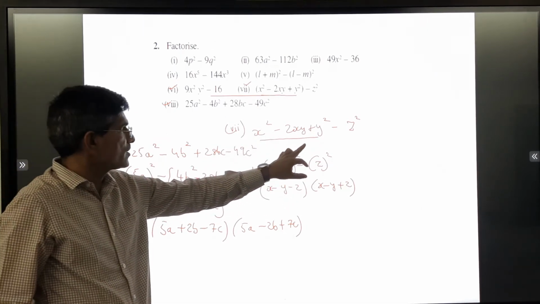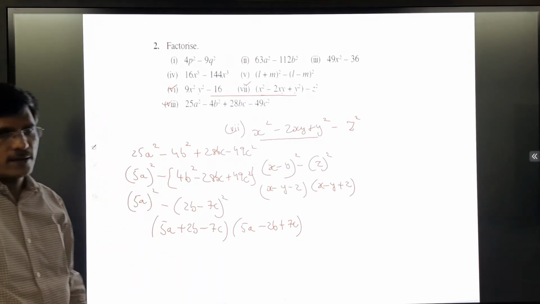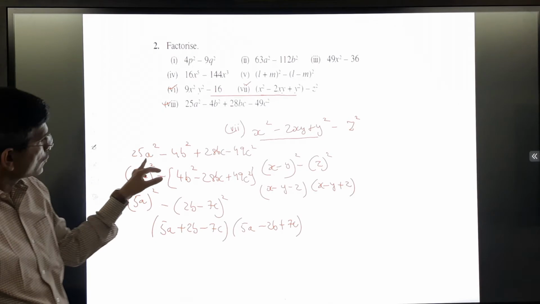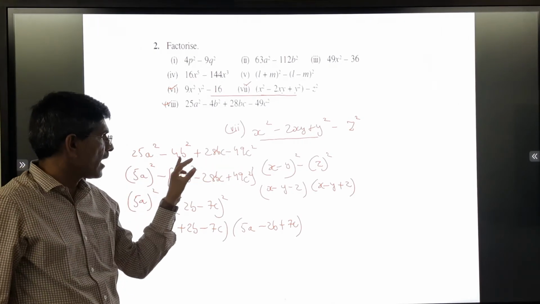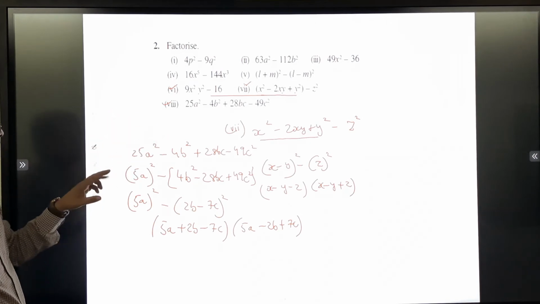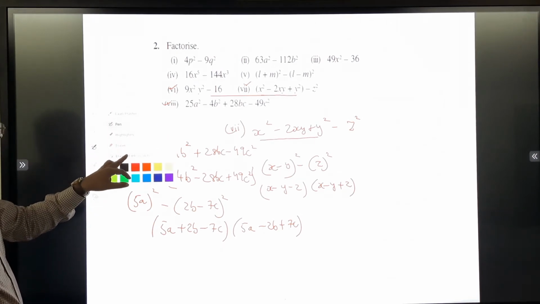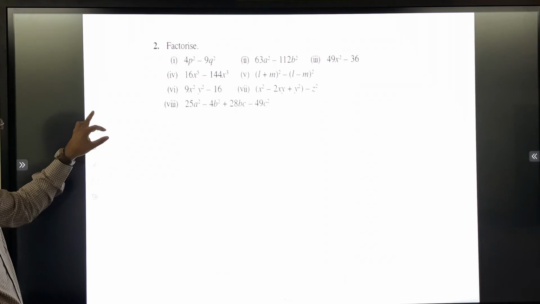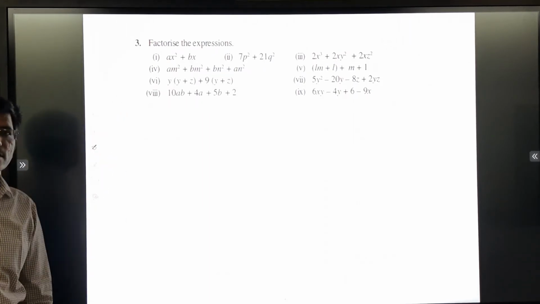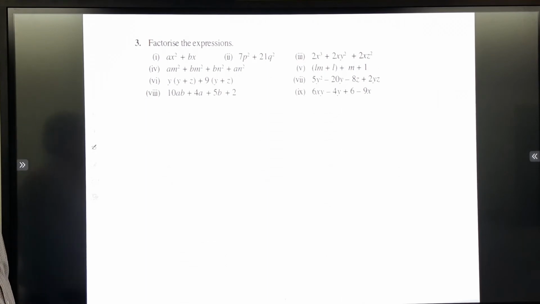Out of 4, the first 3 terms are a perfect square. While in sum 8, if you see, out of 5, 4 terms are there. The last 3 terms are a perfect square. So that is the difference between the 7th and 8th sum. Now, these are all too easy. We already discussed this earlier, in 14.1.